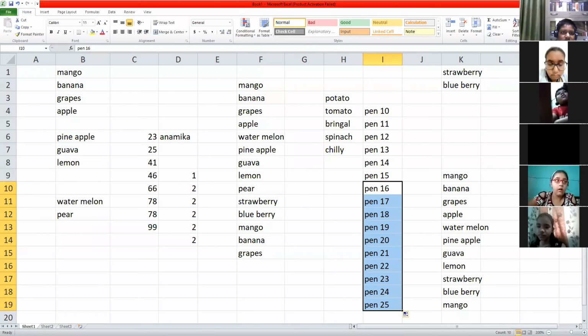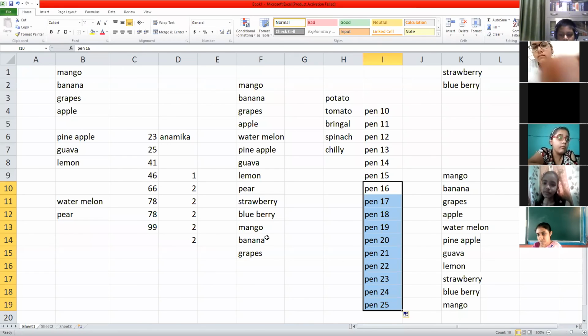Yes, Unnati. Good morning, ma'am. Good morning. Whenever I'm typing anything on my Excel, it is automatically being bold. So maybe this option is opted. Can you see this B here? Is it highlighted in your system?